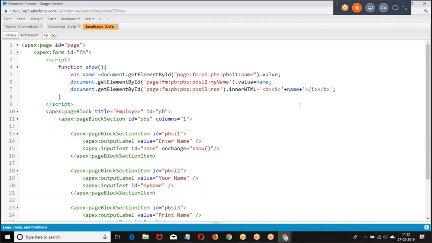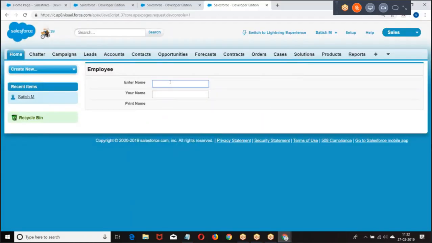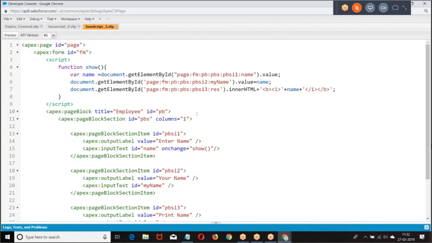If it is output, dot inner HTML. So go to the preview. When the change occurs, the same thing we can also give here.